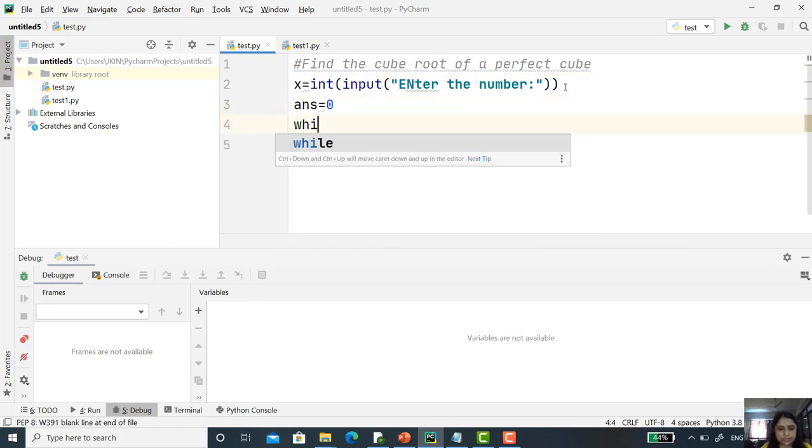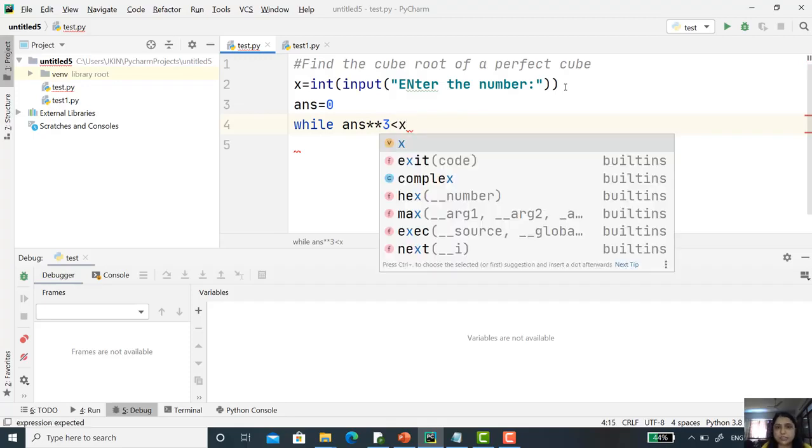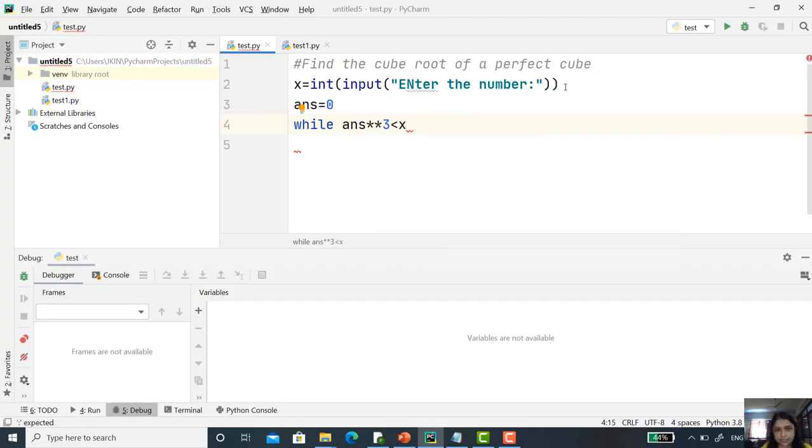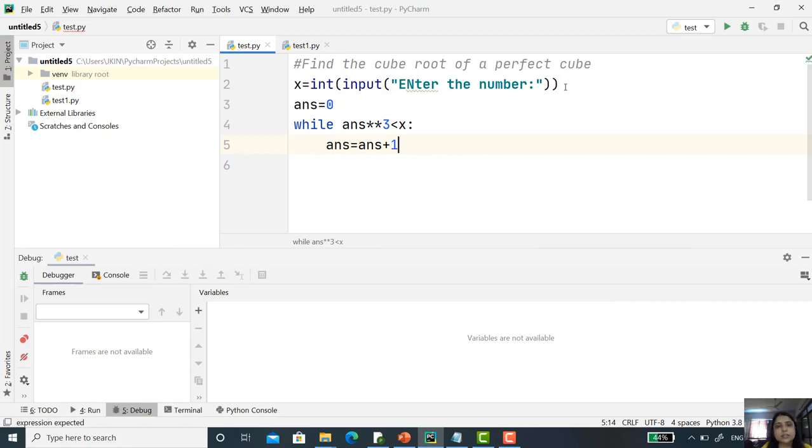Now as I said, I want to use one while loop to find out the cube of every number. So answer raised to 3, and if I compare, it is less than my x. If it is a yes, that means I want to find out the cube of the next number. So answer equal to answer plus 1.